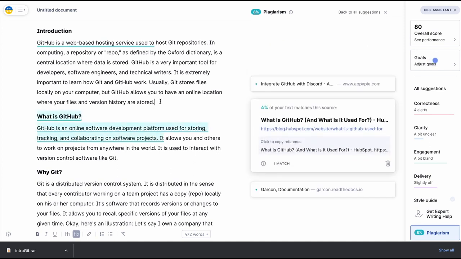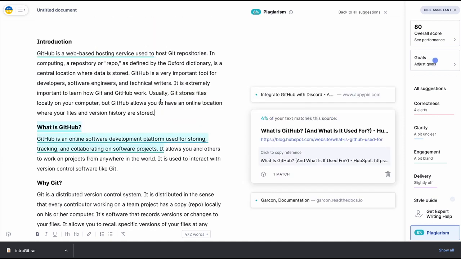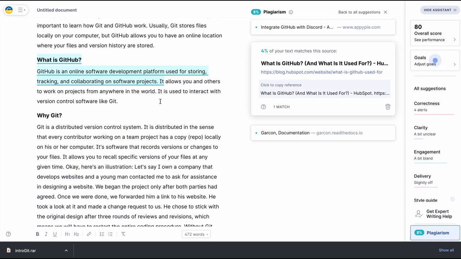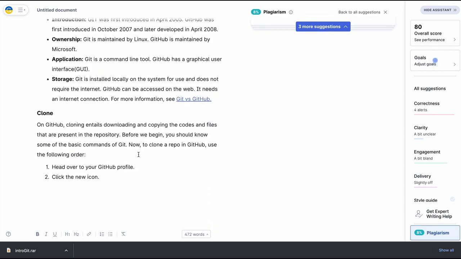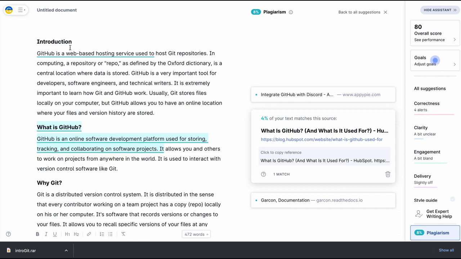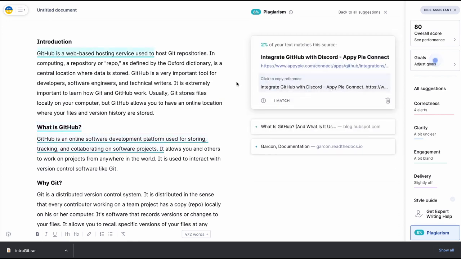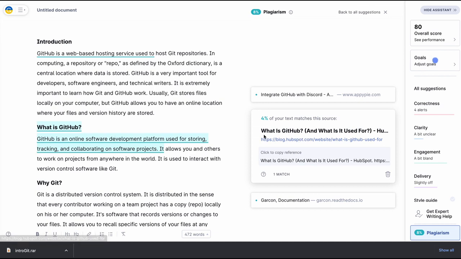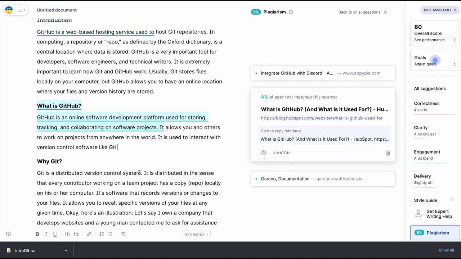Now, Mr. Uzoma, you have been caught and you're going to jail for this. You're having 8% plagiarism in your content. Since this is plagiarized content, I think you should work on it, then I will review it again. You're having traces, like this introduction, gotten from here. What is GitHub? Gotten from what is GitHub? This is blog.hubspot.com. Is that where you got it from? True or false? True.